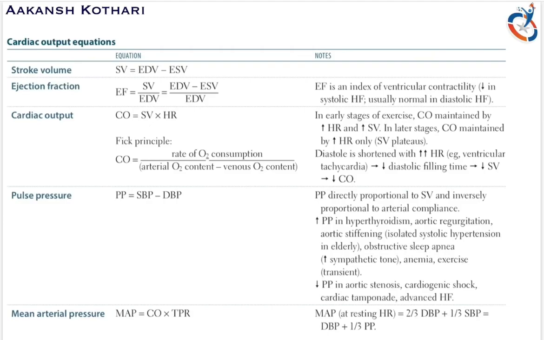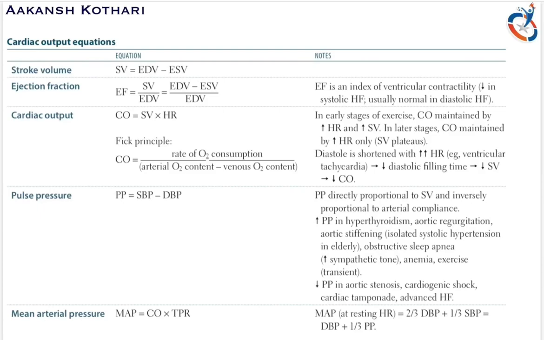That means when the heart beats very fast, the blood coming back to the heart and then again pushed out becomes very less. So that means the stroke volume reduces drastically when the heart rate goes up very much. So the cardiac output goes down. Is it clear? So when the heart rate is very high, the stroke volume goes down and the cardiac output also goes down because of decrease in the diastolic filling time. That means the time required to fill in the blood goes down, and hence the stroke volume decreases, and so does the cardiac output. Is it clear?